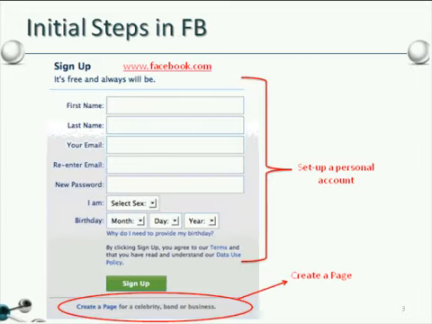First, we'll begin by setting up a Facebook account. The first thing you need to do, if you don't already have one, is to create a personal Facebook account. You can see on this screenshot that it requires a minimal amount of information. As you can see on the bottom of the slide, you just click Create a Page button, and you're off